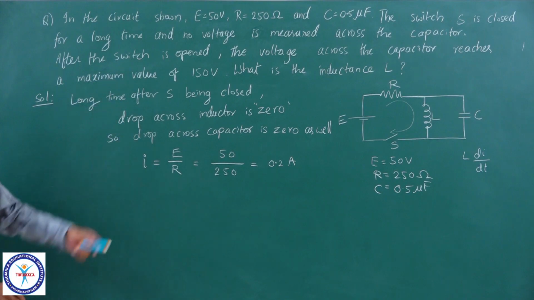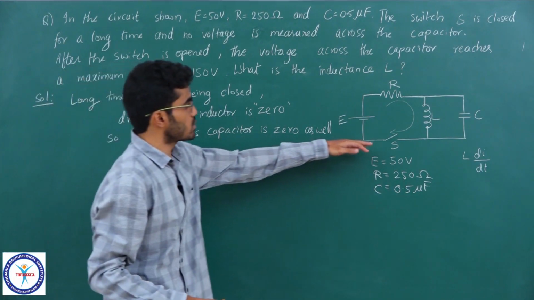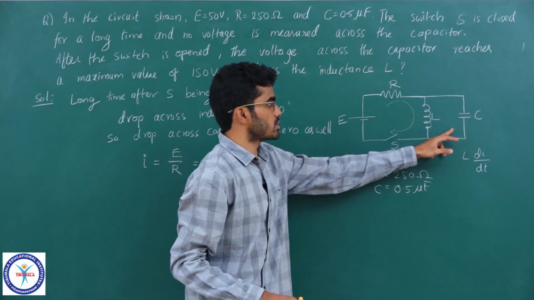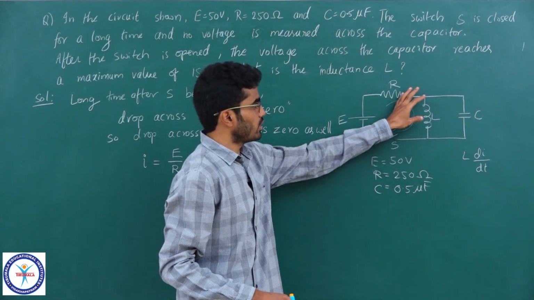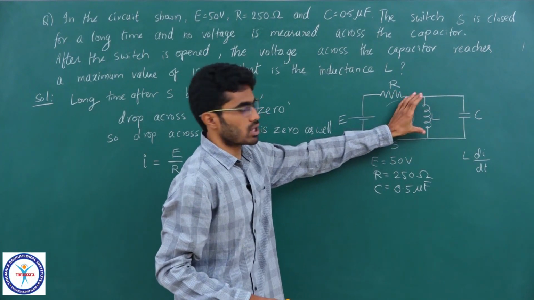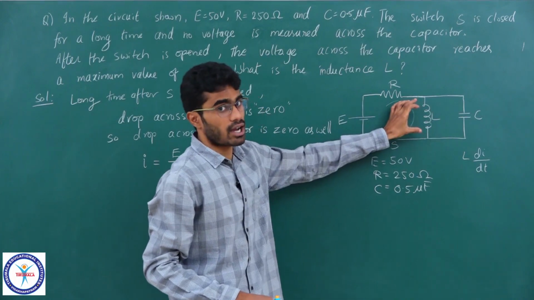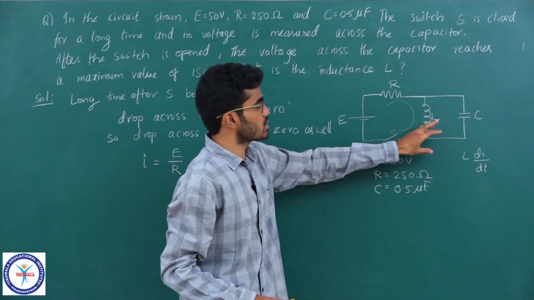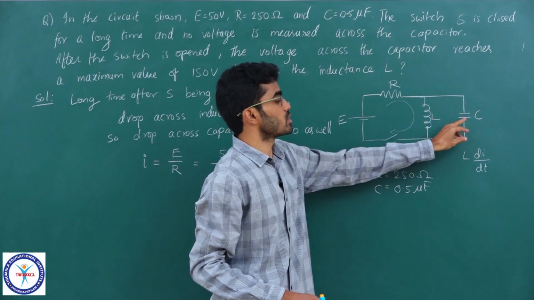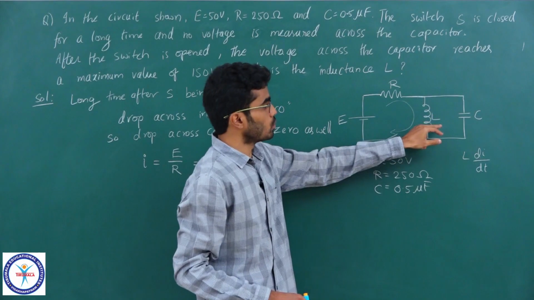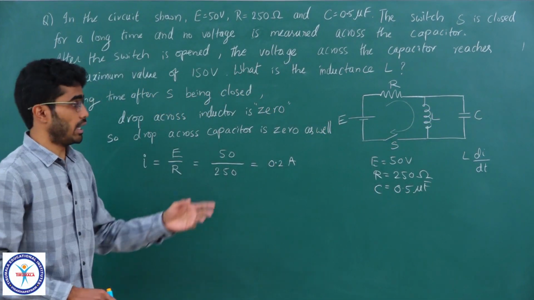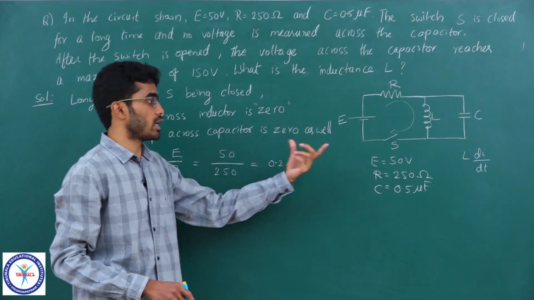Now the switch is open. So what happens if this switch is open? This circuit becomes open and this circuit becomes live. Whatever the current that is flowing through this inductor, it has some energy associated with the inductor. There is some stored energy, half L i square here. Now what happens if you open this switch? This current will try to charge this capacitor. So the energy from the inductor is transferred to capacitor and then again it is transferred to inductor and our LC oscillation occurs.